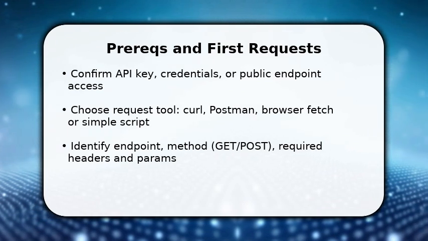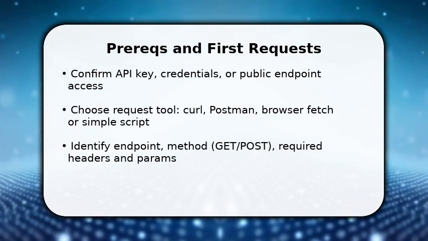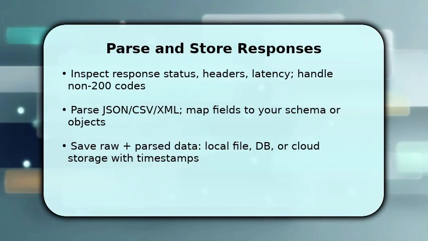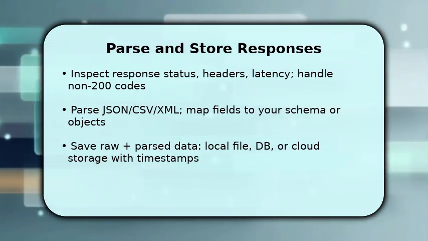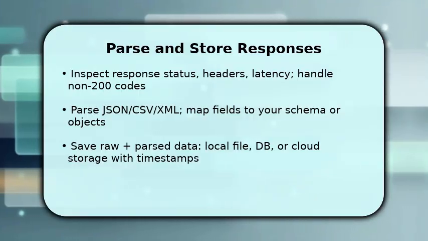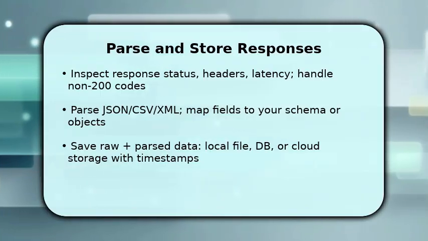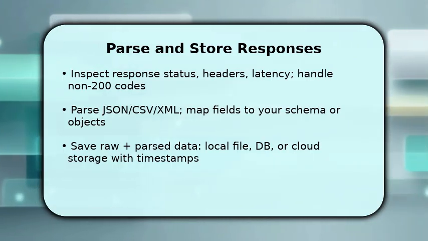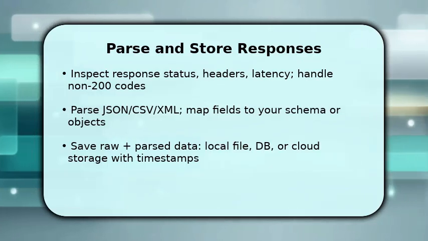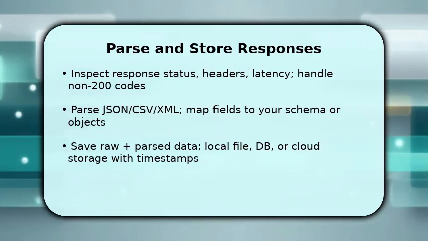Once you receive responses, immediately check the status code and headers so you understand success versus error. Log latency too. Then parse the payload. JSON is most common. CSV or XML needs dedicated parsers, mapping fields to your schema so downstream systems can use them. After parsing, persist both the raw response and structured data to a file, database, or cloud storage with timestamps and source metadata. This ensures traceability, enables retries, and